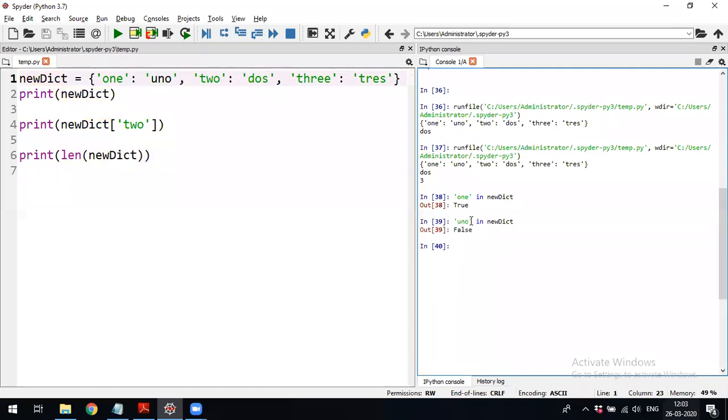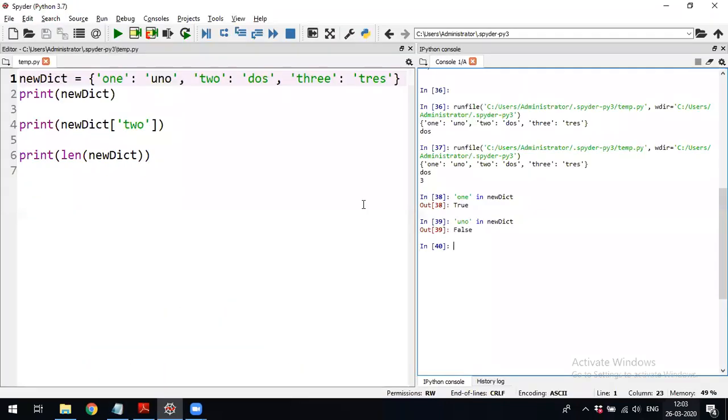The in operator in the dictionary will always search for the keys. That is why even though the value for the key 1 is there, it is giving you false. Remember this: the in operator in dictionaries searches for the keys, not for the values. You cannot search with this. Yes, you can search with this 1, 2, 3.